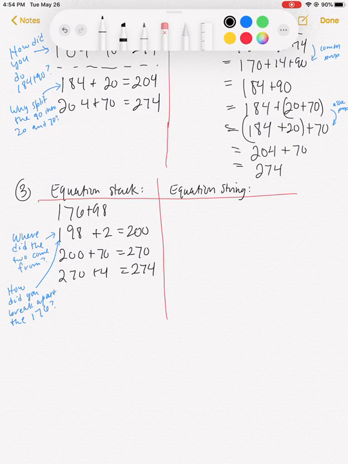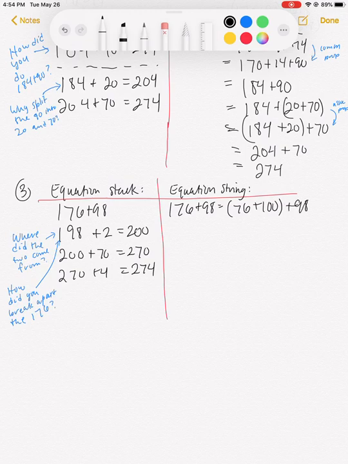So here's the equation string. We start with our problem. 176 plus 98 is equal to the first thing that came was 198. Okay, and so we need to take the 98 and turn it into 198. And you can do that by splitting off the 100 from the 176. So we can do 176 plus 98 equals 76 plus 100